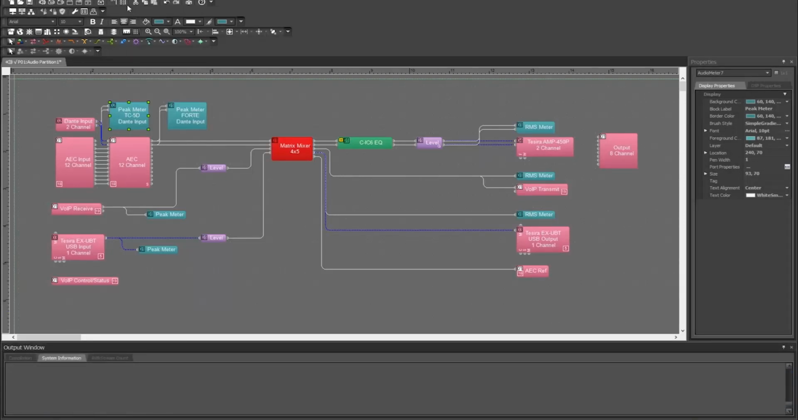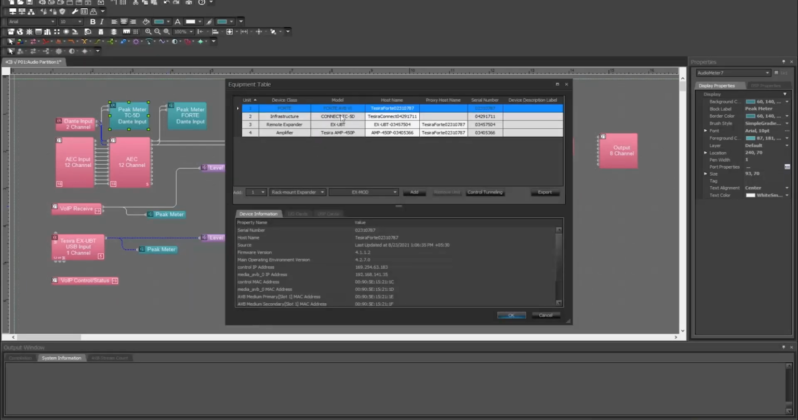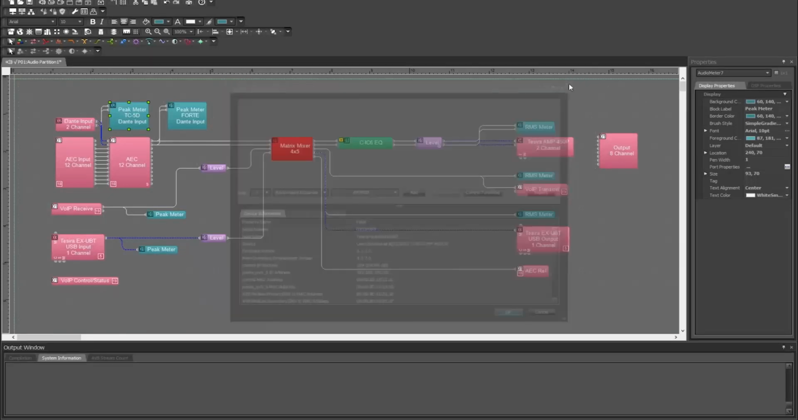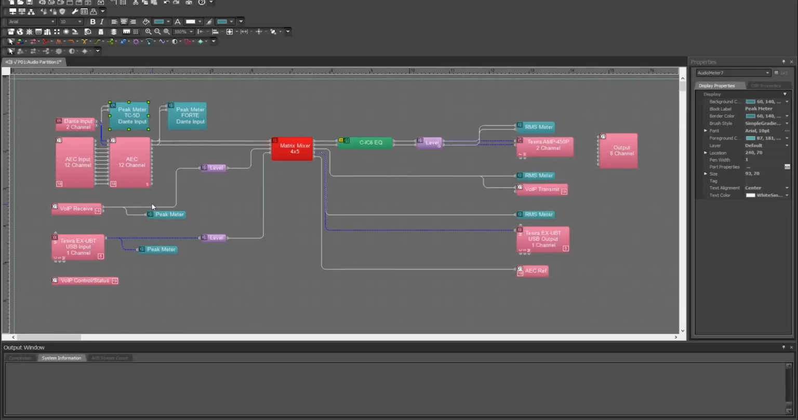Let's see if I can do a quick compile here. Or I can just show you the equipment table. All right. So we have the TC5D, that's unit number 2, remote expanders, and Forte is unit number 1. So the Dante input, when I compile, as the compiler does by default, it assigned the Dante input to unit number 2, and the TC5D with the latest update supports hosting